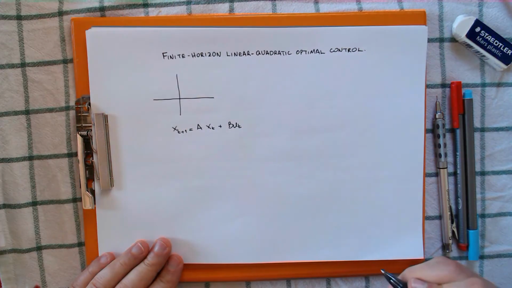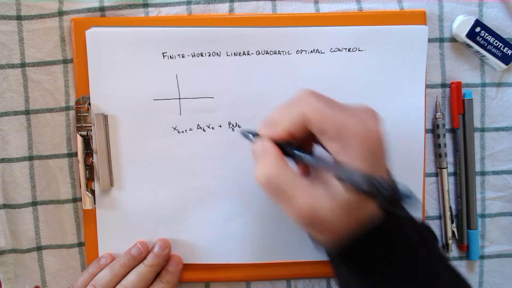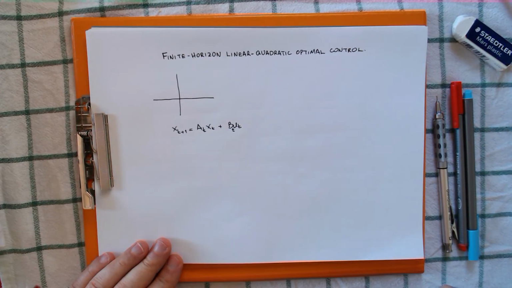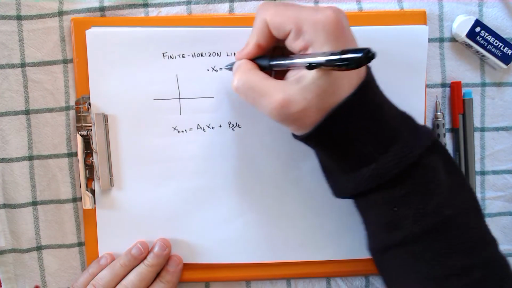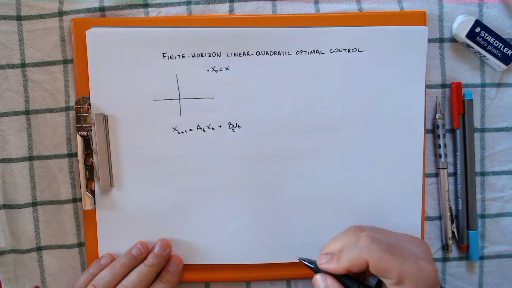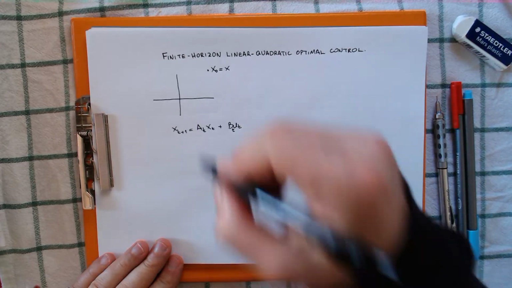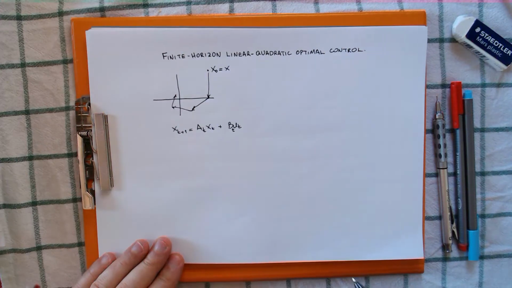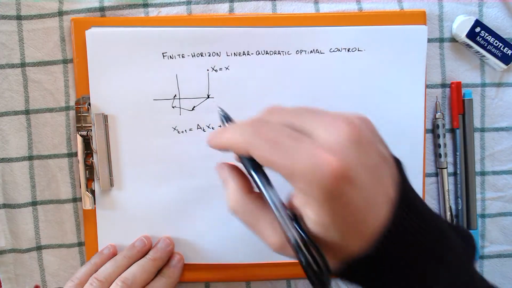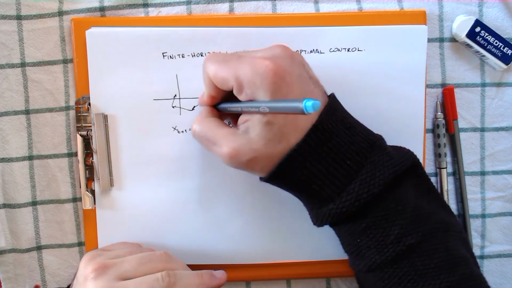Now look, for generality, actually A can depend on time t and B can depend on time t. That doesn't make the problem more difficult. Assume that at time 0 we are at a given and known state x_0, and we want to find a way to steer the system state towards the origin. So the problem more or less is stated as: find a finite sequence of control actions, find the u0, u1,